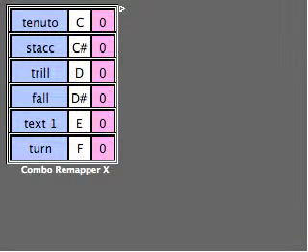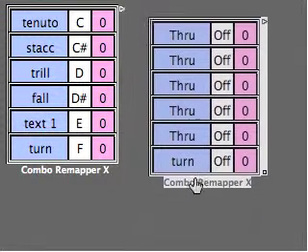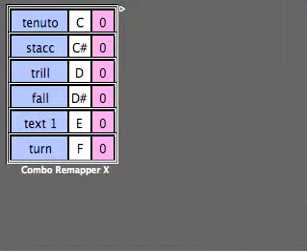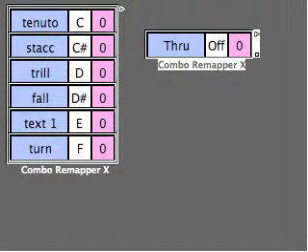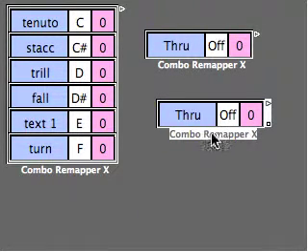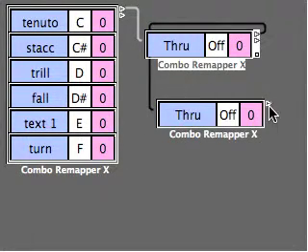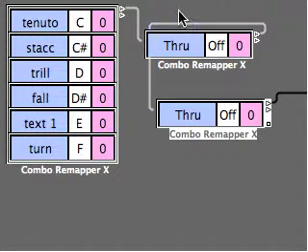What if you need more than 6 score symbols or types of text? All you need to do is add another combo remapper and cable it together. Or if you don't want 6, you could add them in single units. So there's one, there's another one, and I just cable them. That one to that one, that one to that one, and that one off to the channel strip. There we go, simple as that.